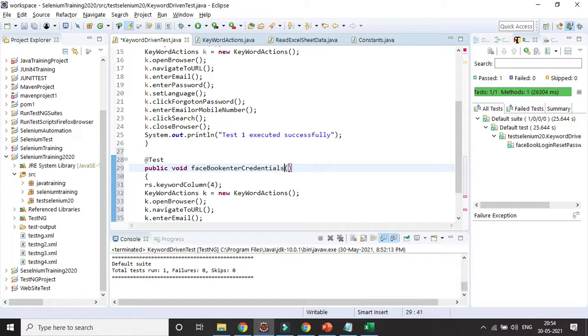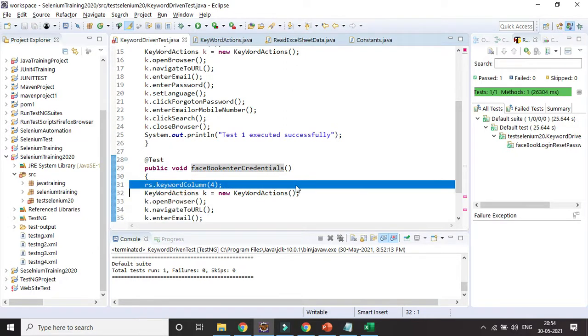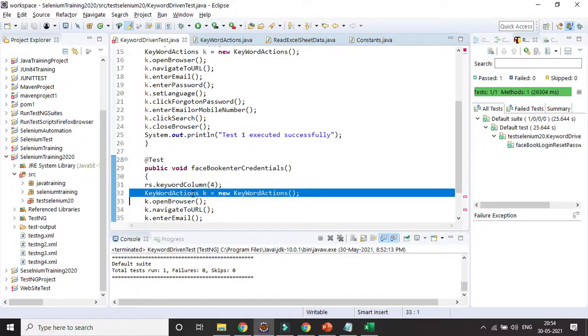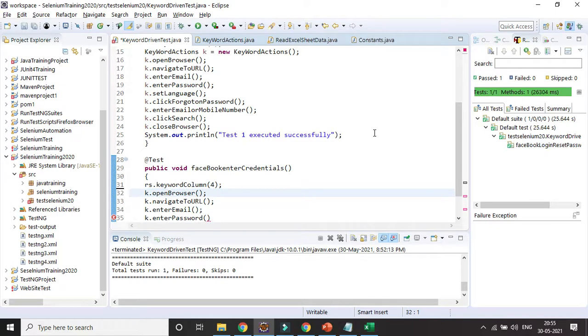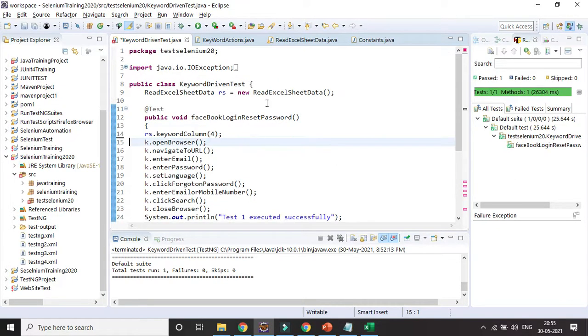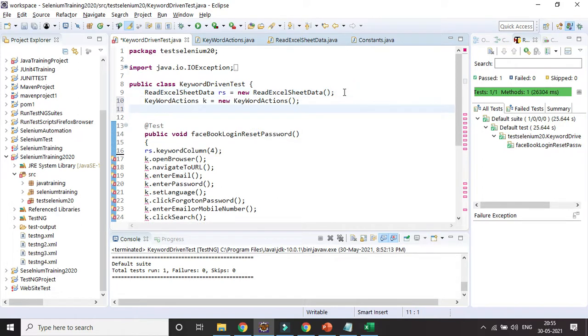Okay, so that is the only importance, right? So definitely we will be adding, calling the column 4, and in a similar way we can create an object or instance for the action class. So instead of creating it multiple times, we can create it globally. That is the thing I can do right here, just like global variables. Okay, you can see it is gone.